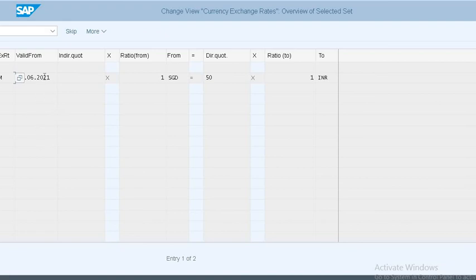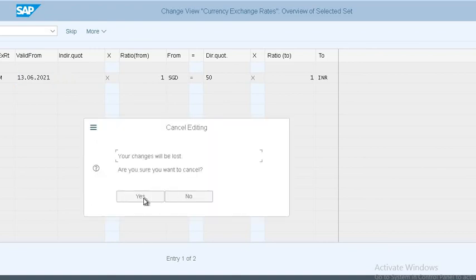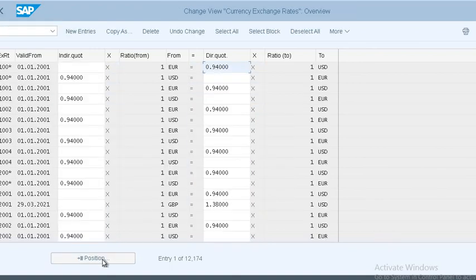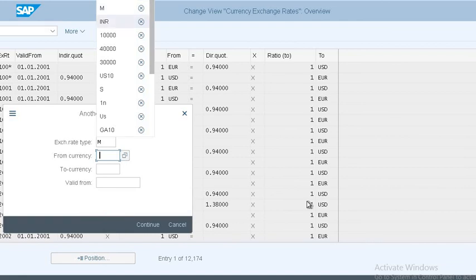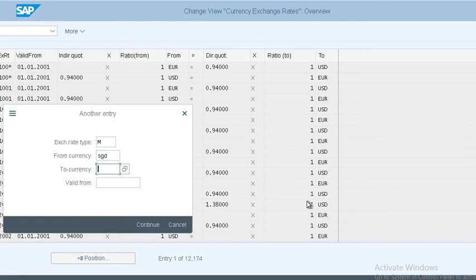Specify value date. Today is 12th. We can post for tomorrow also, that is not the problem. Already it is there, right? That is the reason I didn't choose it. Exchange rate type and Singapore dollar, Singapore INR.